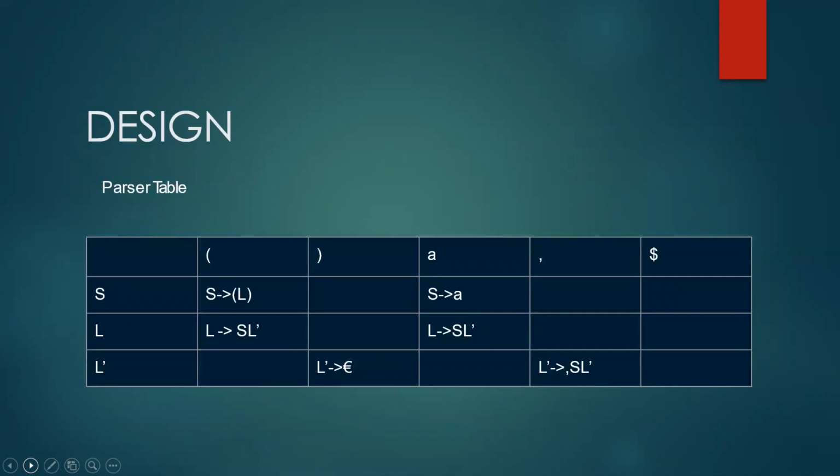This is the parser table which is generated. As we can see here, the rows are the non-terminals and the columns are the symbols. The parser table is nothing but, for a particular non-terminal and a particular symbol, which production gives us that symbol. So that is the parsing table. If there are two entries in the parsing table, that means the given grammar is not an LL1 parser grammar. Next, Sanjana will continue.